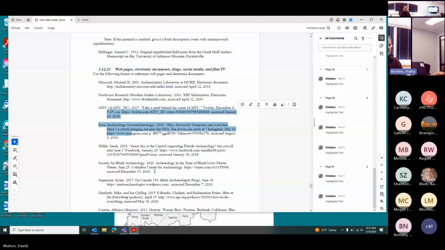And when it comes to the CRO manual, we would like you to cite the CRO manual as an electronic document. That's just something that comes up every once in a while. Any other reminders or thoughts on style guide? Sounds good. On to the next.